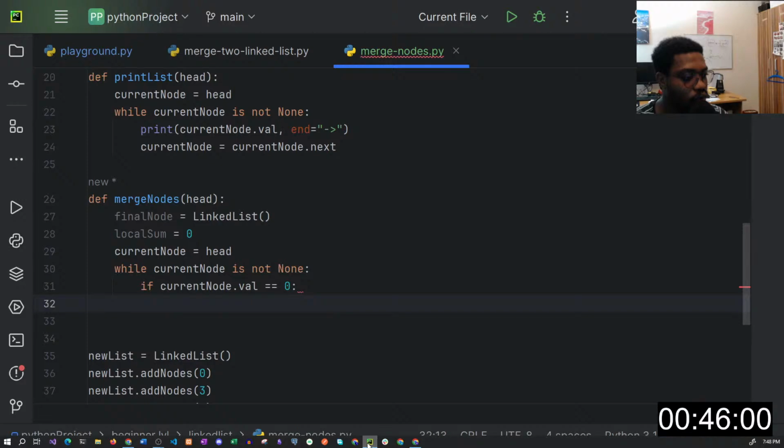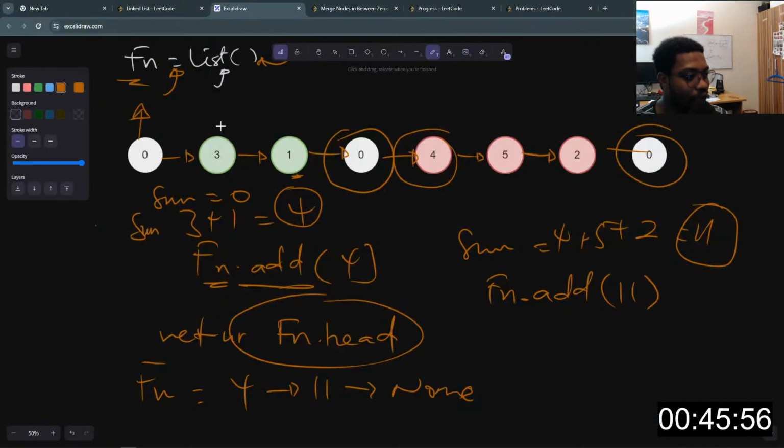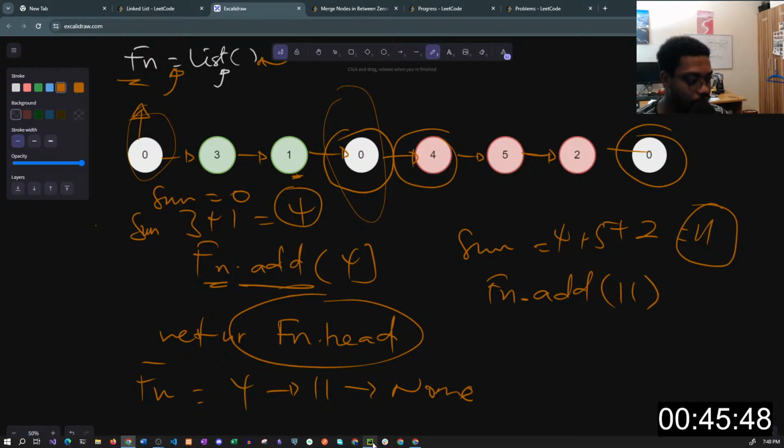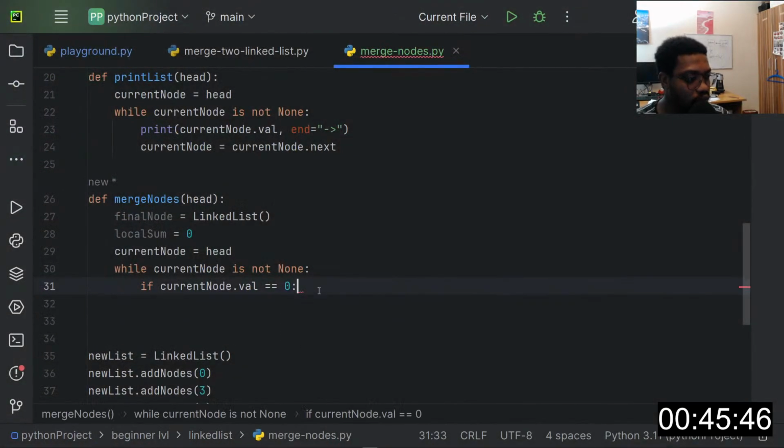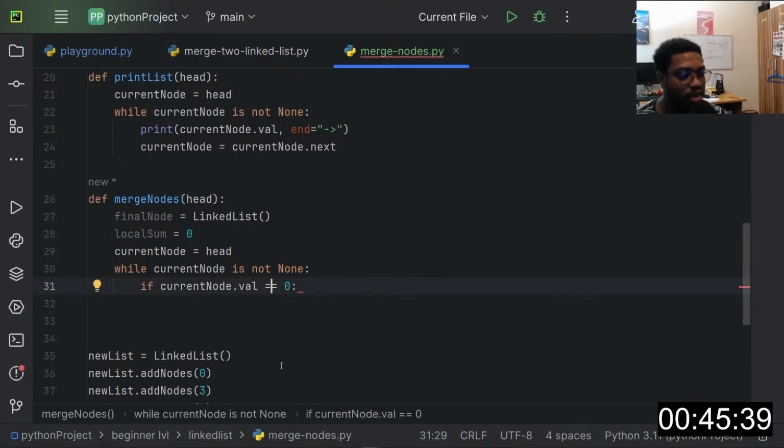if it's equal to 0, it means we are either at the start or we've done some calculation already and we met a new node that is equal to 0, right? So what I'll need to do is, okay, if the node is not equal to 0, we want to add every node in between and find the sum. Well, if the current node is equal to 0,